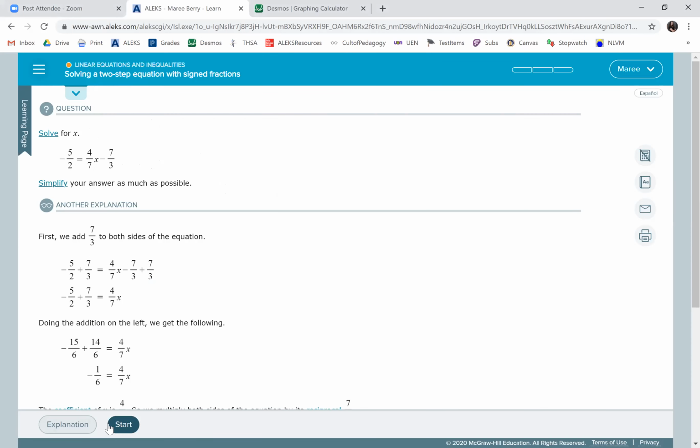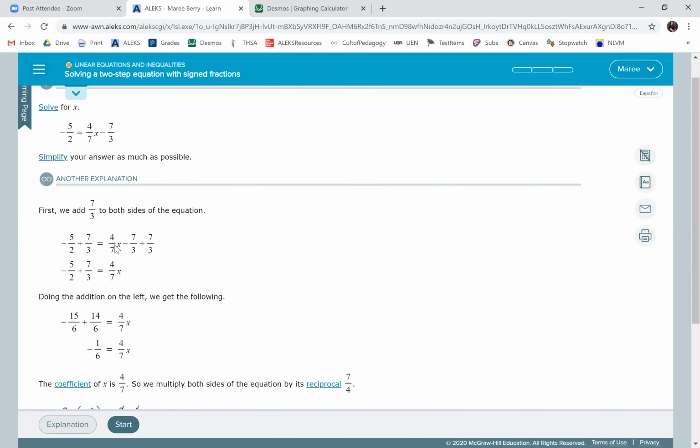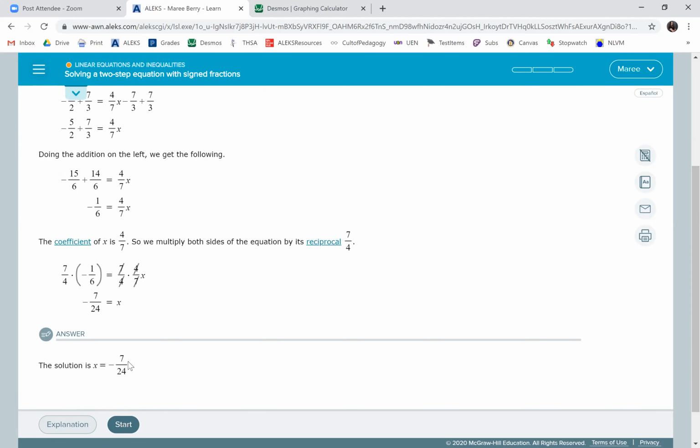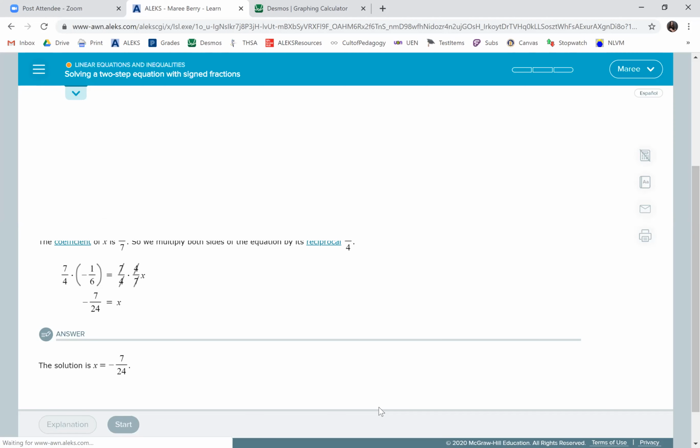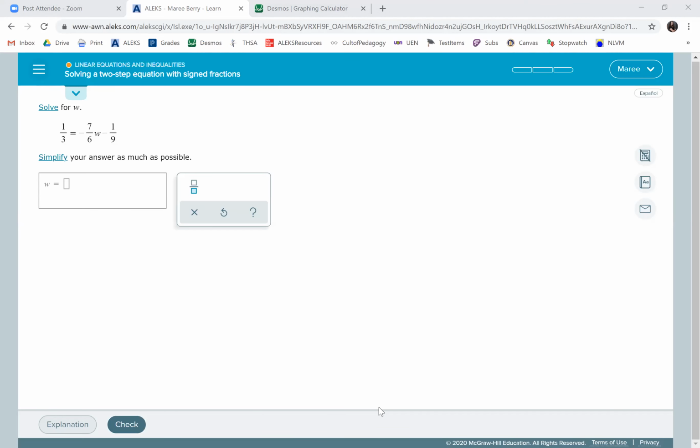So let's look at the other way, which is probably the way I would do it, because with Desmos, you can add the two fractions and write it as a fraction and then divide, multiply by the reciprocal, and you're going to end up with the same answer. So that's probably the way I'm going to want to do it for you guys. So I'm going to write down the problem first. So when I go to Desmos, I can